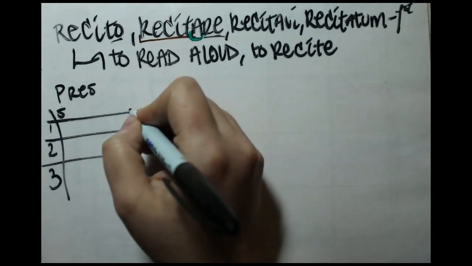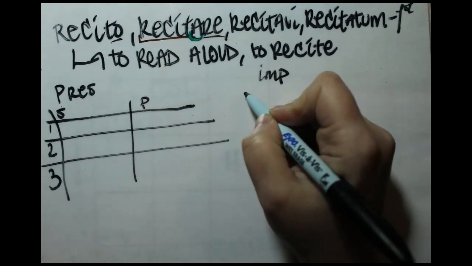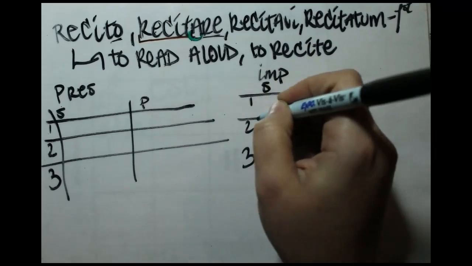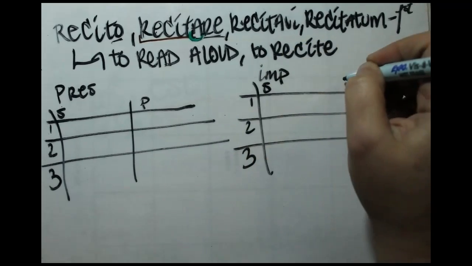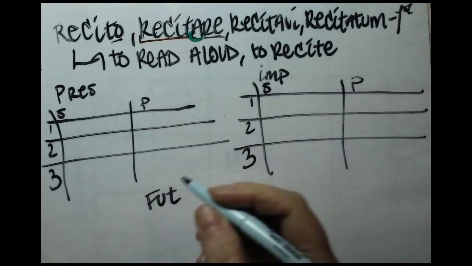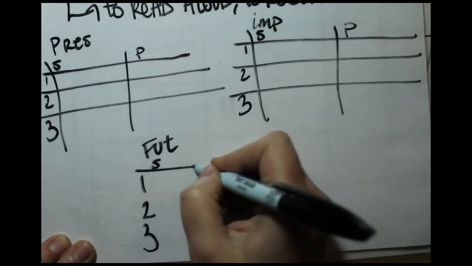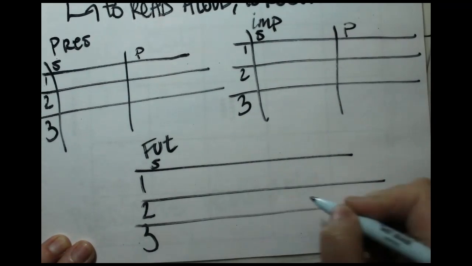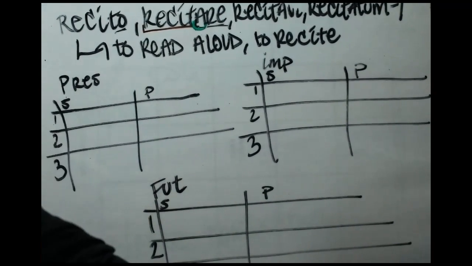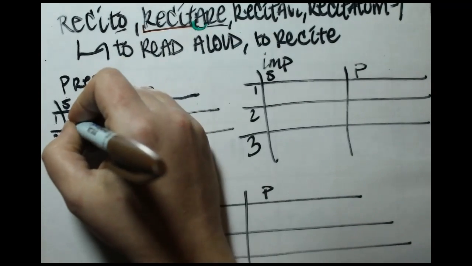Our singular and our plural, our imperfect. Singular, 1, 2, 3. Plural. And then our future. Singular, 1, 2, 3. And our plural. All right, let's plug in our stem. Our stem is recit,